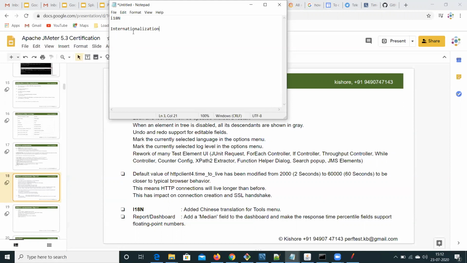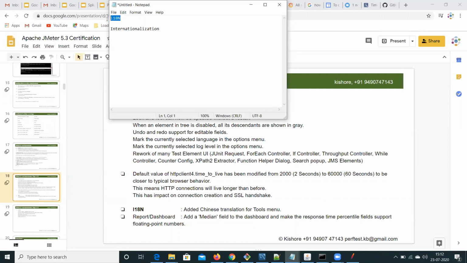They develop properties bundles and ship them along with the application. Making an application support the languages of different countries is called internationalization.